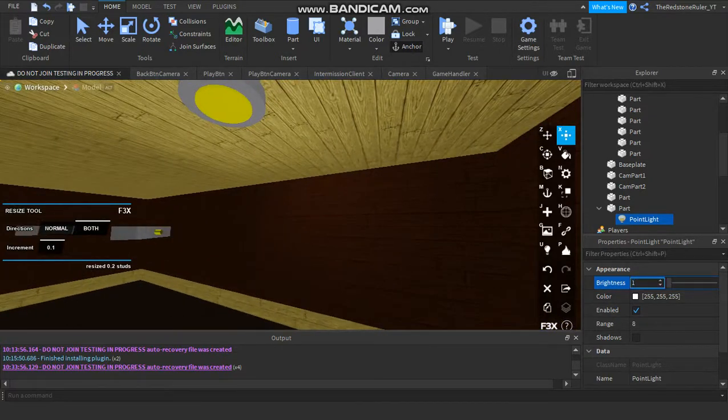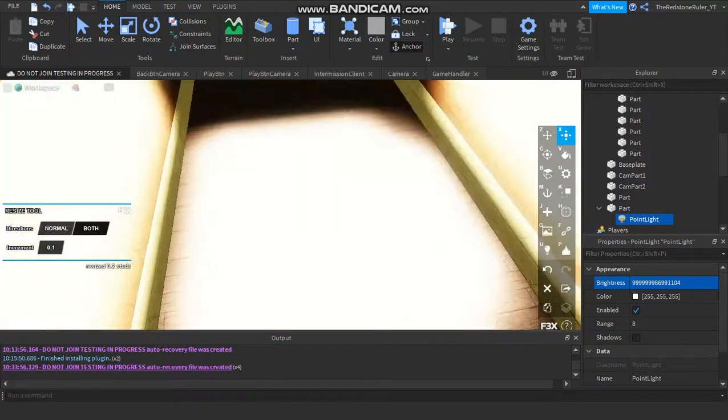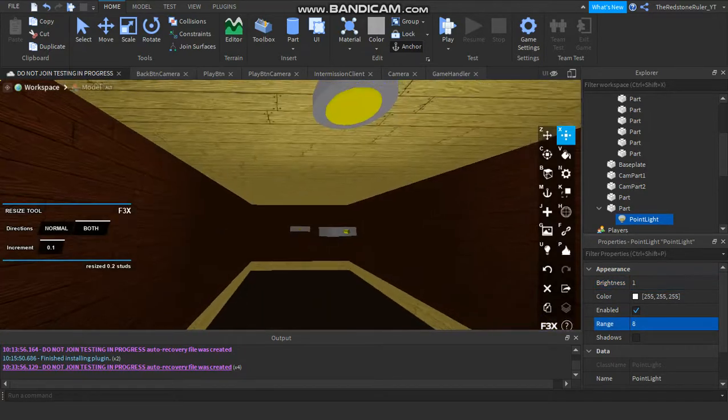But for instance, if we were to do 1,000, can't you see how bright that is? 10,000, 100,000, 1 billion. That's the number. Look, that's so bright. Oh my goodness, that hurts just looking at that. I did give you guys a warning. The range